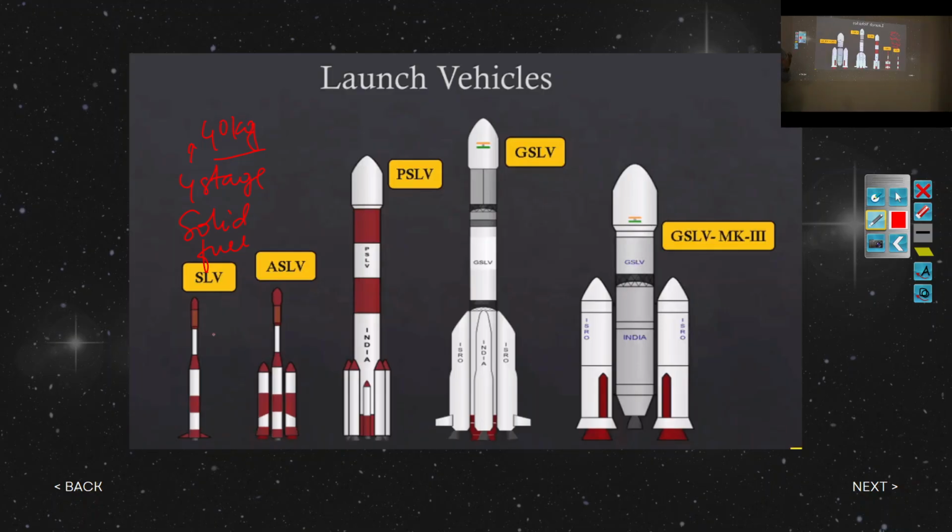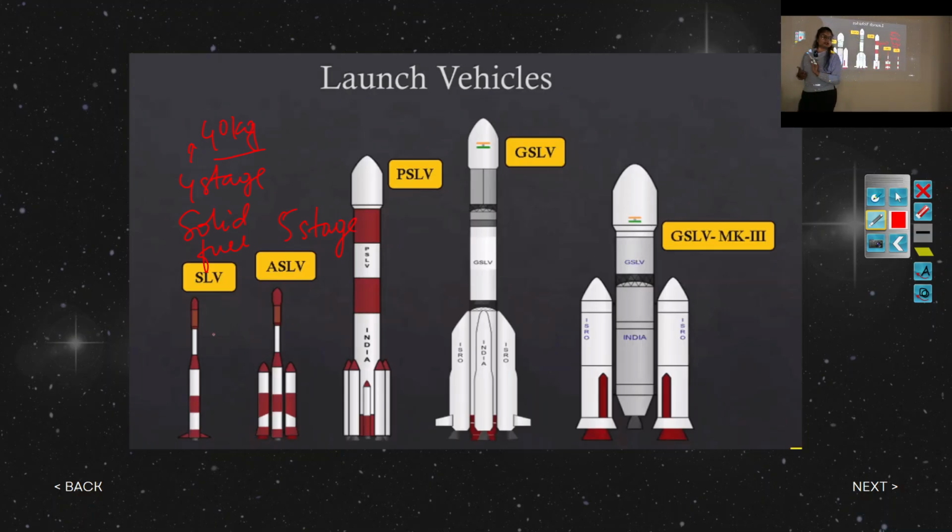So the satellites were very small in size. It had to be smaller because we did not have that much technology then to reduce the fuel weight. If the fuel weight is reduced, we can increase the payload, and then the rocket takes off easily. So this was the first, and they continued using SLV till the year 1983. Then after that they went to this ASLV. ASLV is Augmented Satellite Launch Vehicle. This had 5 stages. This was also again all solid fuel.